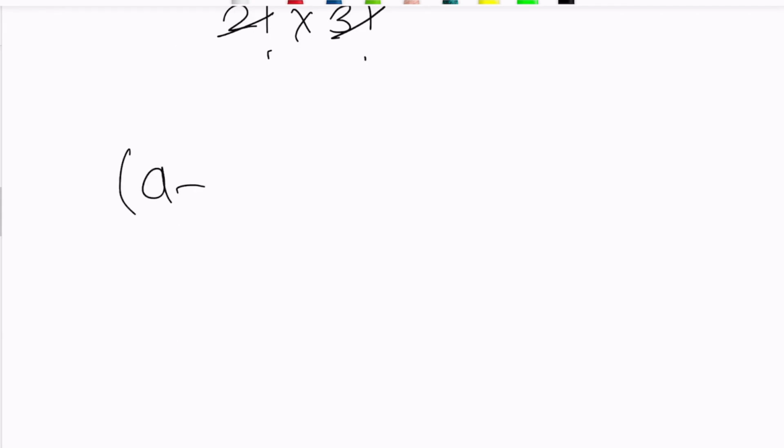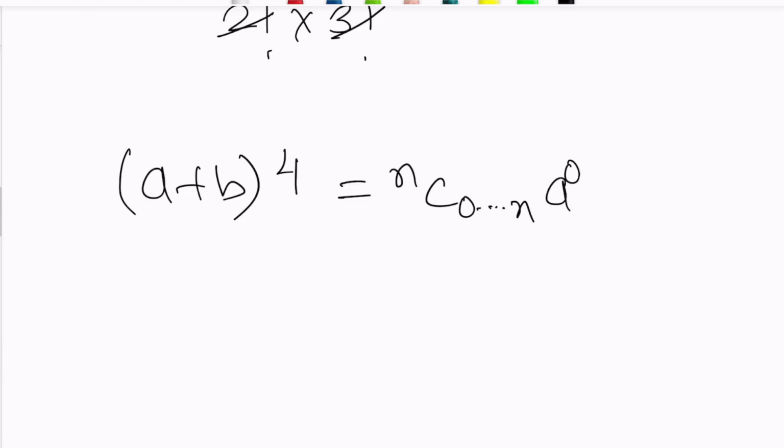So a plus b raised to 4 will be, so the simple pattern for this is, you start with n in the beginning, C, and you start with 0 and you go all the way up till n, and then you go from a raised to 0 to n, and b from n to 0. So this is basically how you write the formula. So let's just write it down. N is 4 in this case. The 4C0, a raised to 0, b raised to